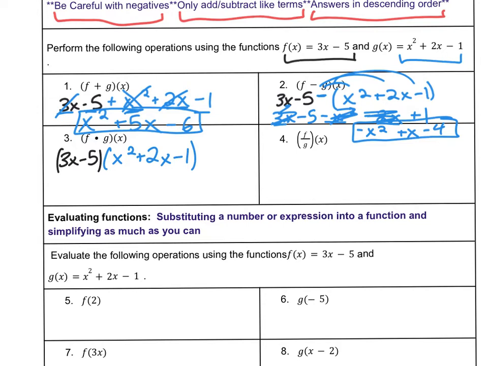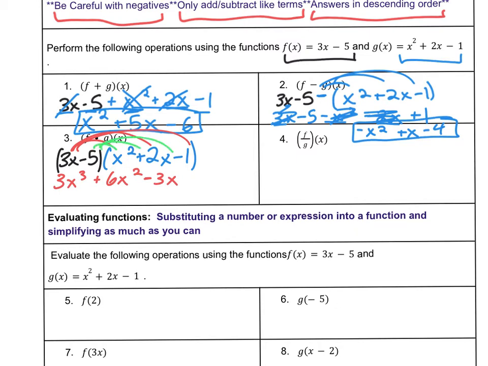If you remember how to do this from Algebra 1, go ahead and factor out that 3x to everything. 3x times x squared. 3 times 1 is 3. X to the first times x squared is x to the third. Remember, we add exponents when we're multiplying them together. 3x times 2x is going to be a plus 6x squared. And then 3x times negative 1 is going to be a negative 3x. Next up,